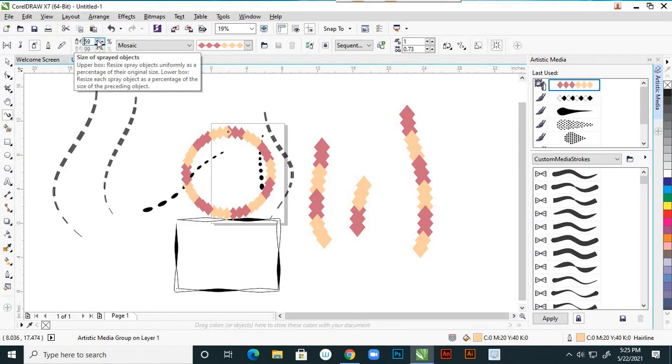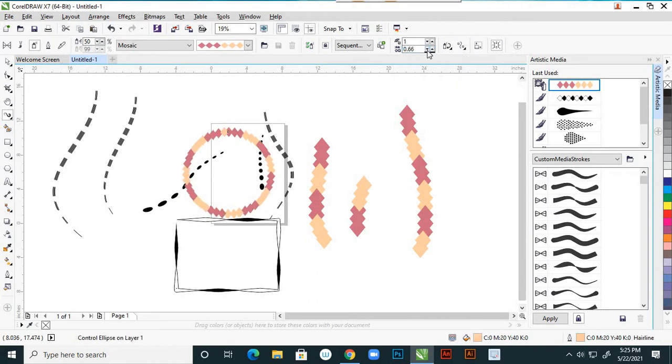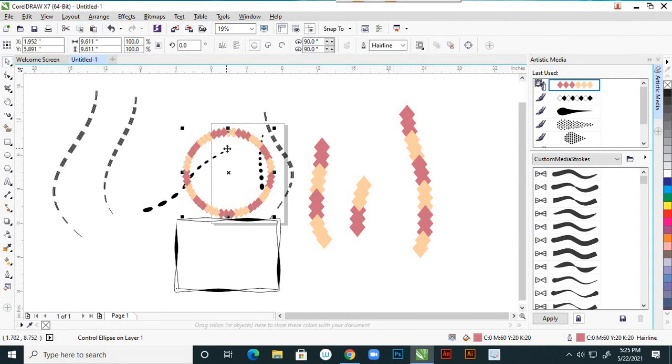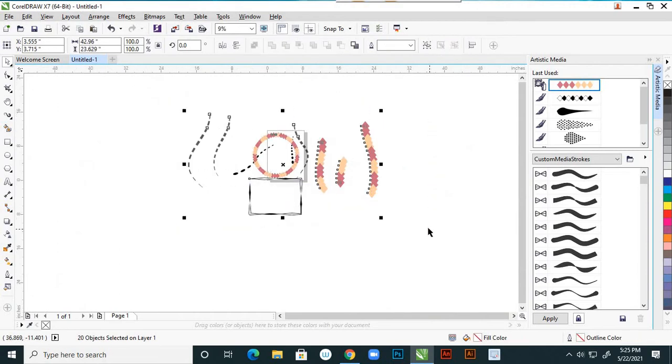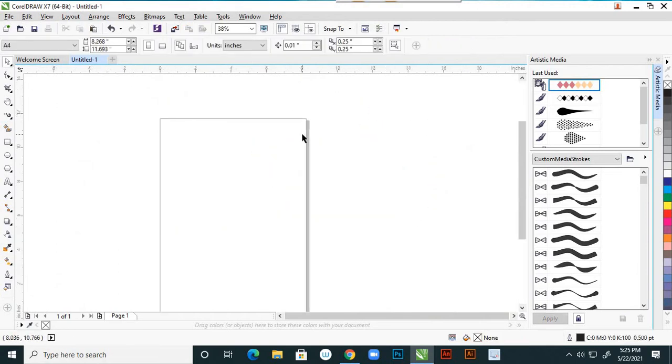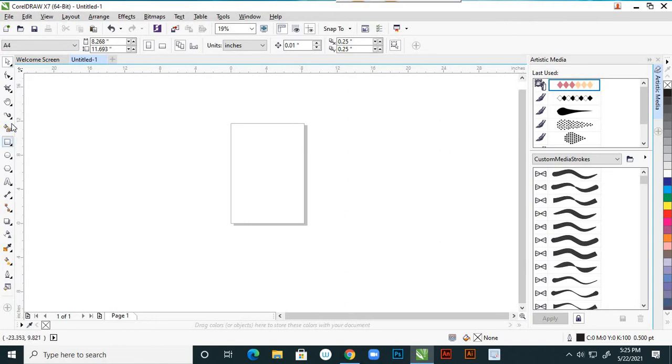Sometimes we use all these shapes, right? And here you can change the distance also. So here we are always using those given shapes only.